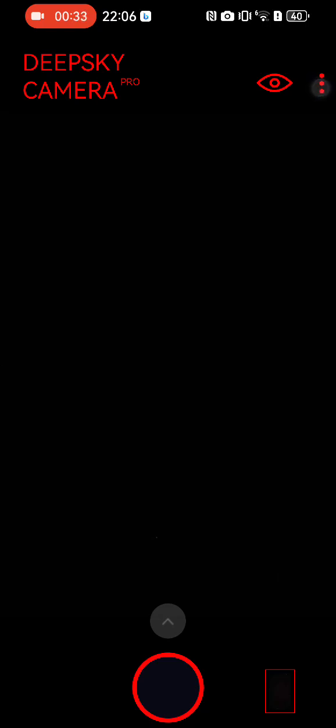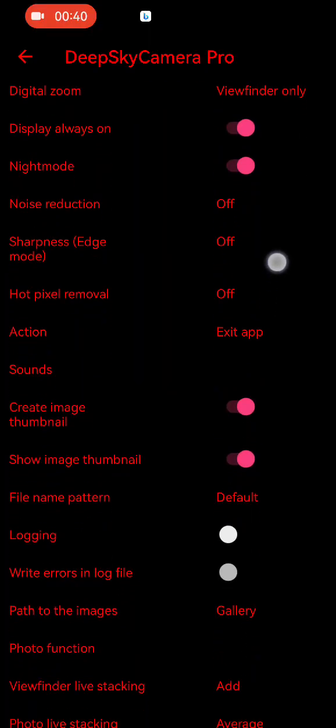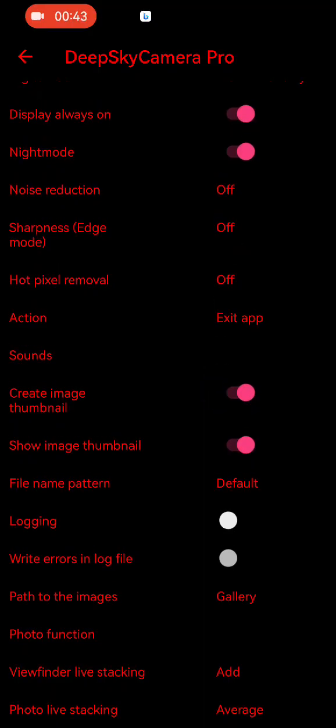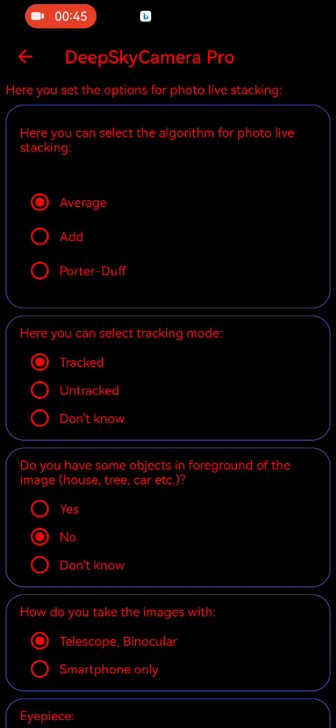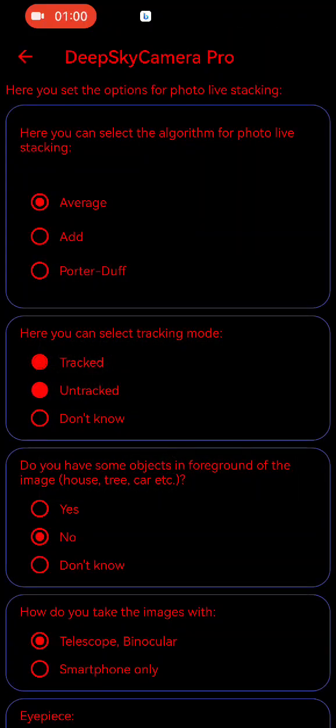And before I start live stacking, I'll show you the settings. Here I have a delay of 10 seconds. And the most important things are here at the bottom, photo live stacking. I'm using the algorithm average, and the tracking mode is tracked, or I can go to untracked. But I have a telescope and a telescope mode, so it's tracked. DeepSkyCamera Pro can handle tracked and untracked images, so